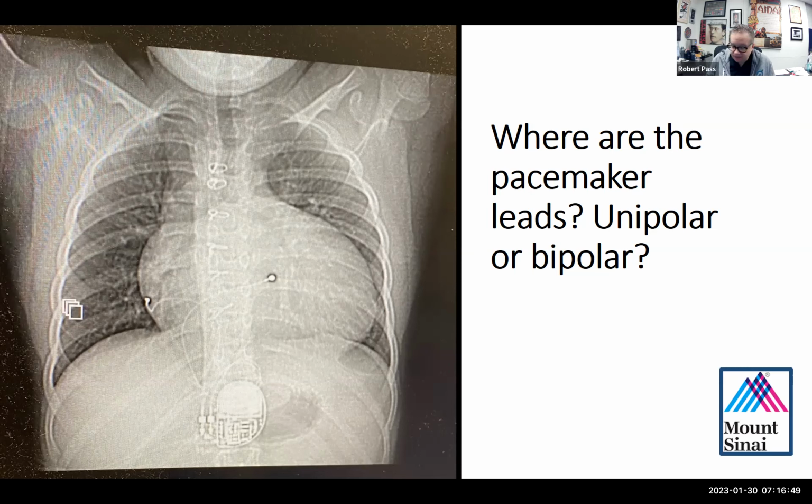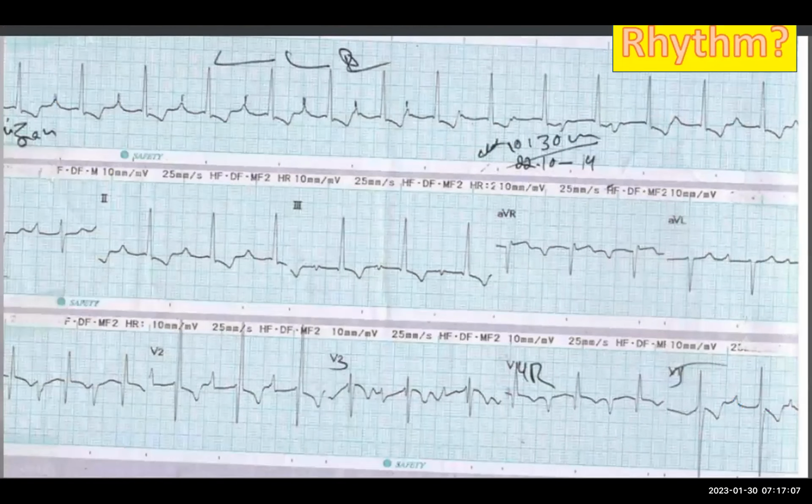So anyway, it's an interesting case. And this is an interesting case because the patient actually has pacemaker mediated LV dysfunction and is being considered for a biventricular upgrade. So, thank you, Dr. Price. Okay,